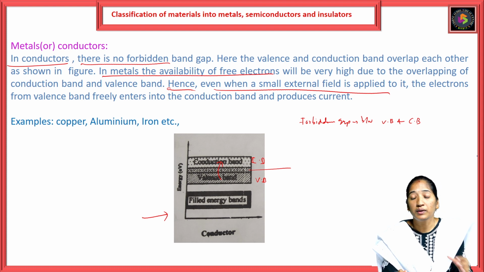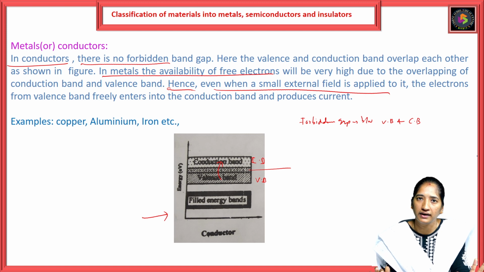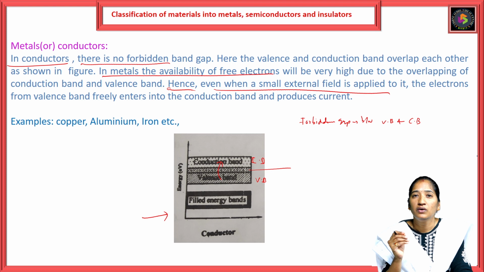So for producing the current, less external field is required for the metal or conductor, because there is no forbidden band gap, meaning the valency band and the conduction band overlap